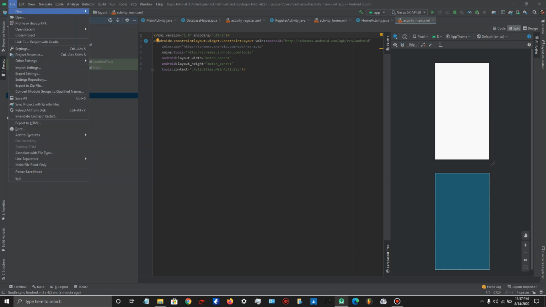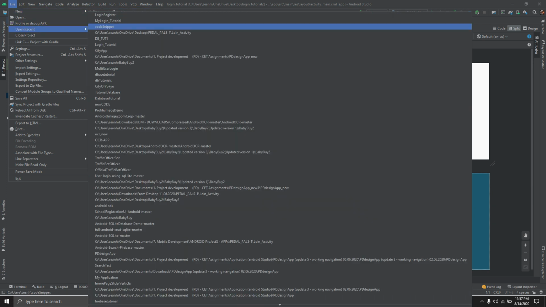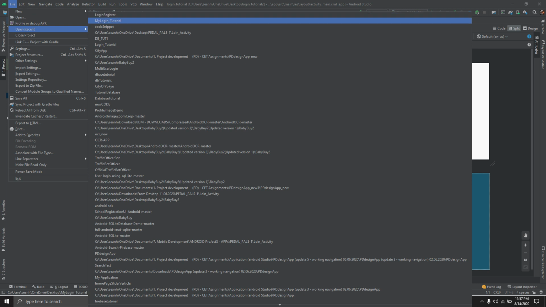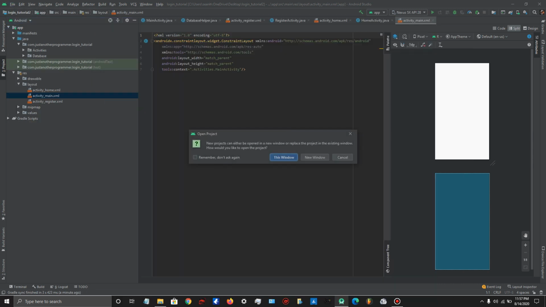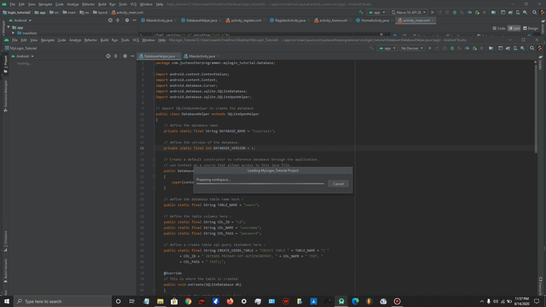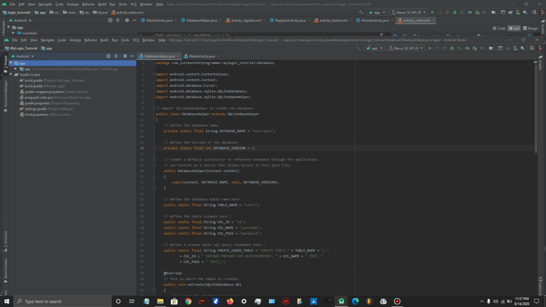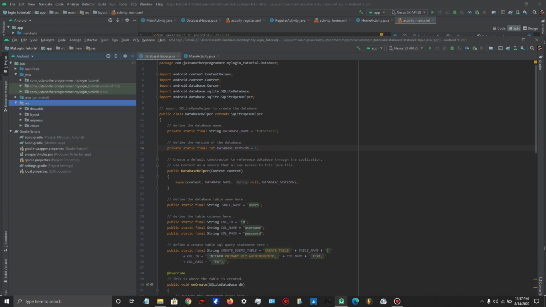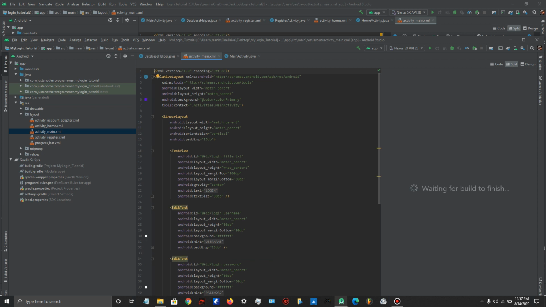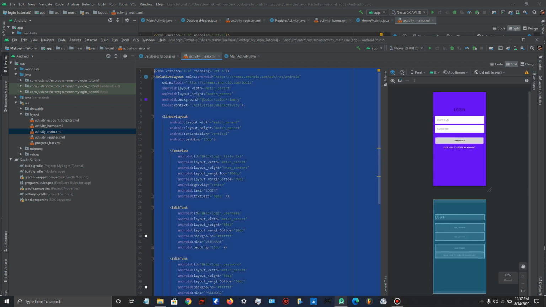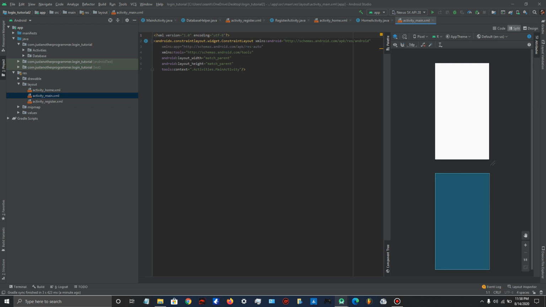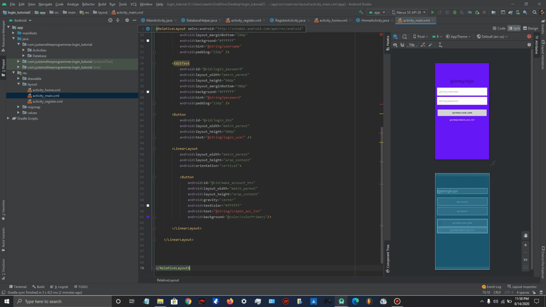Since I've done this already, I'm just going to grab the one that I did earlier, so that it is going to make it fast. I'll leave the code in the description below so that you can follow that. So I'm going to just copy it real quick. So register main activity. Okay,